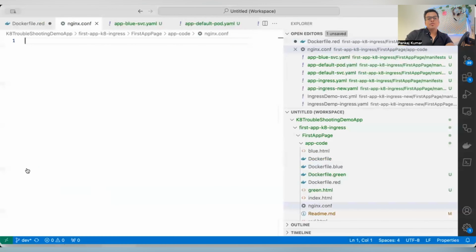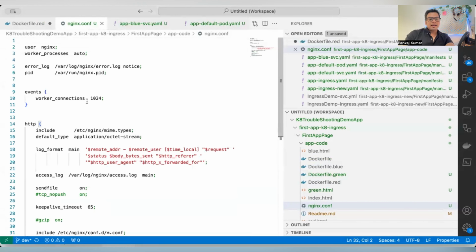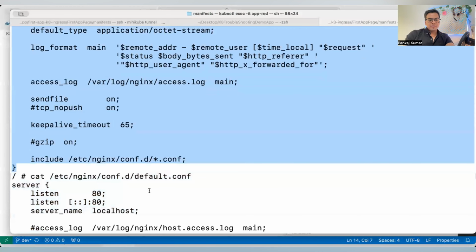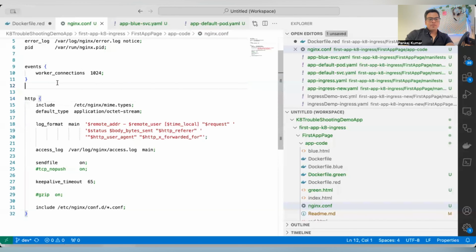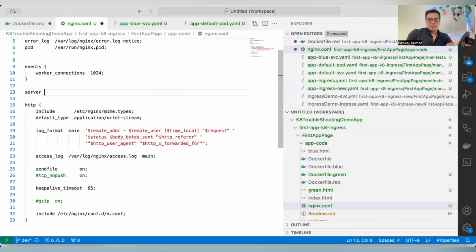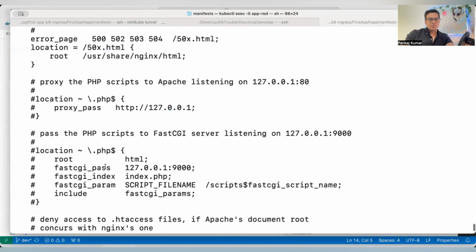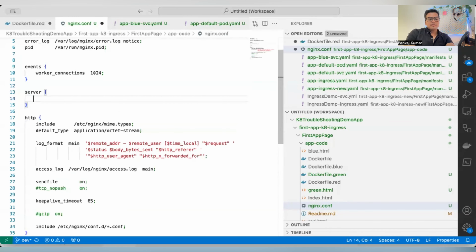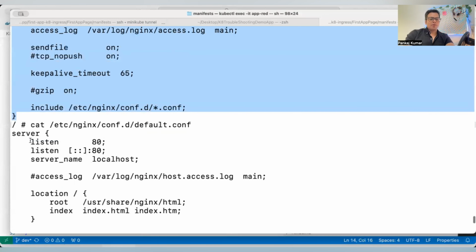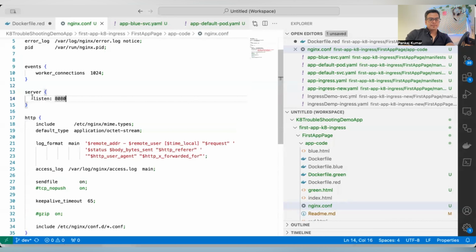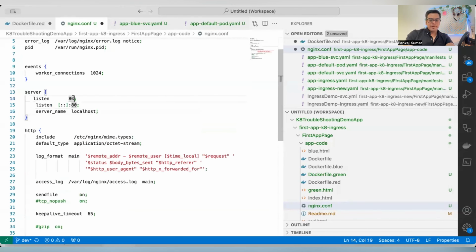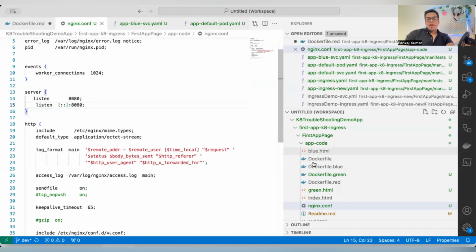I'm just giving you the idea of how to do that. Here you have to add in the servers part one more component, server, and in that server it should listen on port 8080 this time. Just copy this one, or make it 8080 and 8080. Remove this, return required. So first of all you have to make this custom nginx file available, because this is